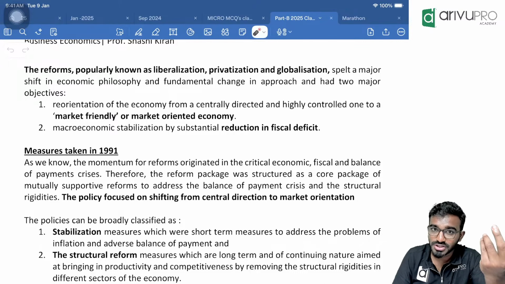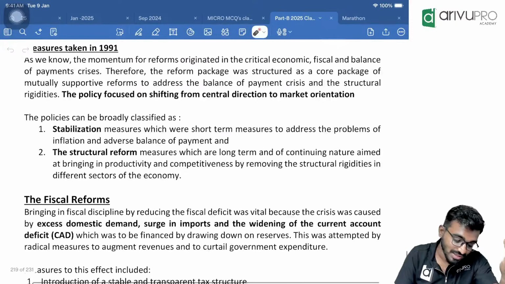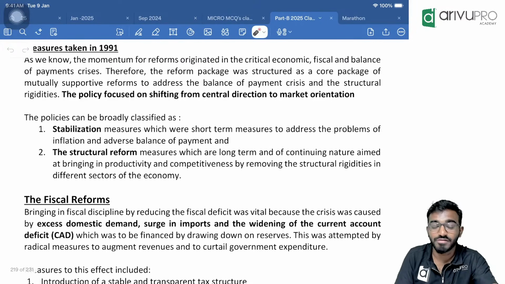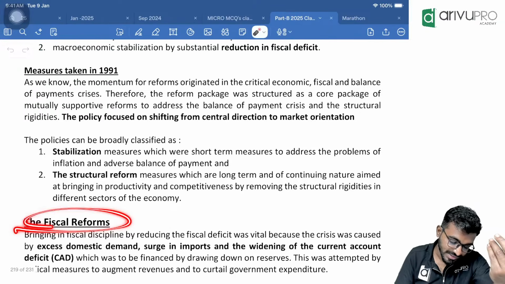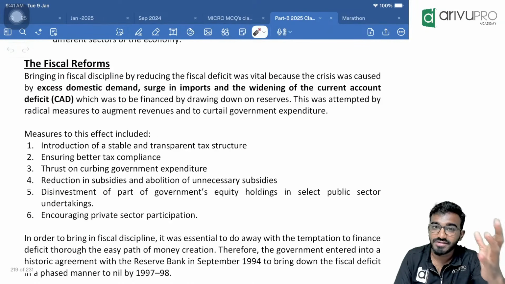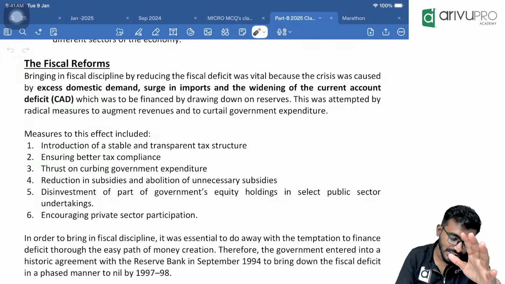India didn't have an option. No other countries were agreeing to give a loan. So we had to follow this. That is when we made big changes in our financial reforms, monetary reforms, industrial reforms. Every reform we started bringing in 1991. See, the very first one, fiscal reforms. Whatever deficits and problems we had with finance and the tax system, the entire thing got re-changed in 1991.